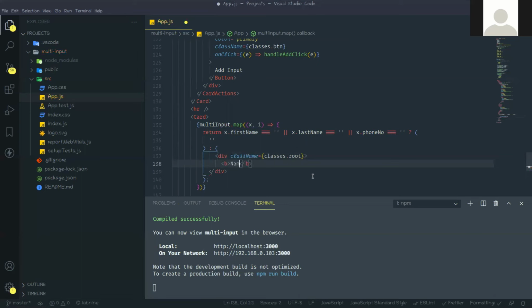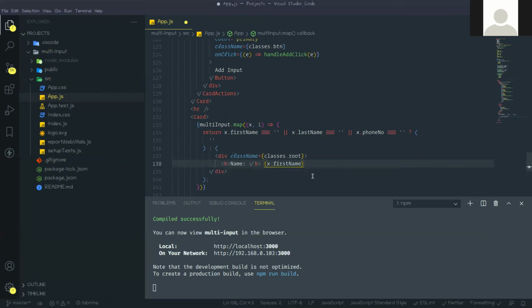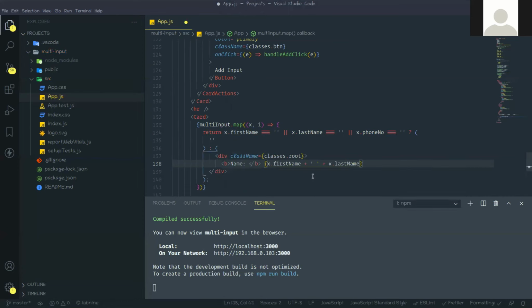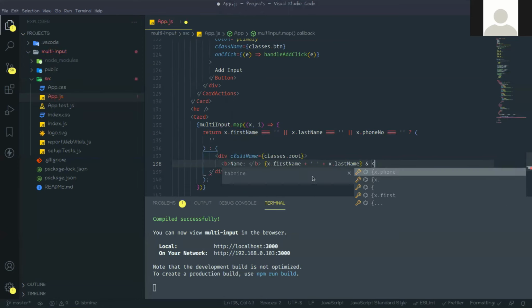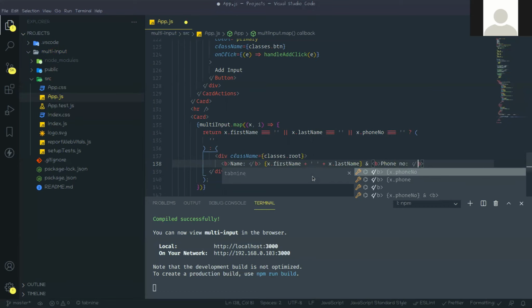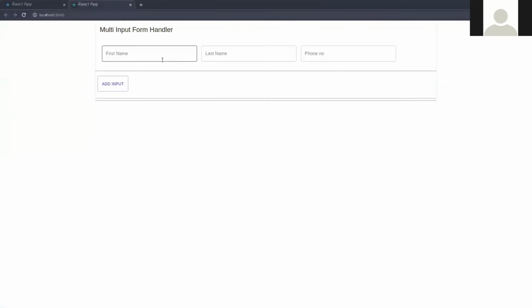In this bold, just name, x dot first name, then x dot last name, and b phone number, x dot phone number. Okay, so done. Now go for testing.